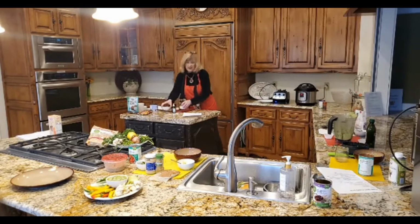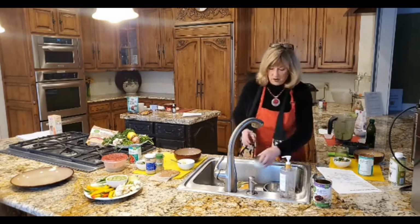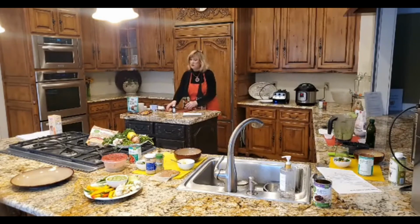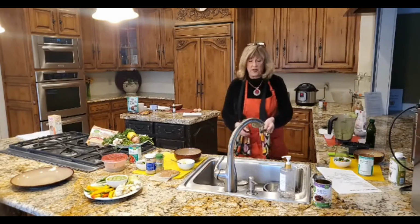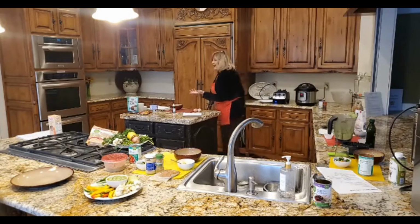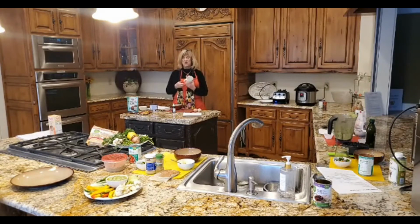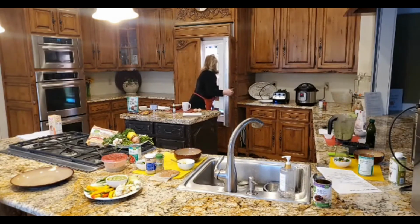Now this dish is an unusual one because I don't hardly ever use microwaves for anything, but I do sometimes, and my daughter-in-law actually introduced me to this, and I just changed up the recipe a little, made it what I would consider to be just a little healthier, and I'm going to make a brownie in a mug. How many of you have done that? It's so simple. It's like the simplest recipe in the world, and I just took one of our wonderful cancer support mugs. I need a little bit of water, so I'm going to just grab a bottle of water here